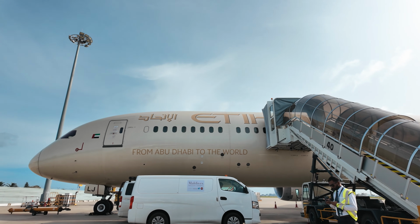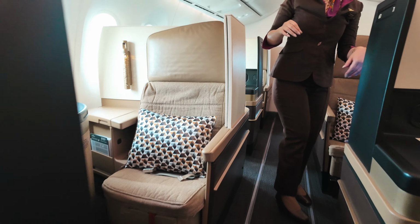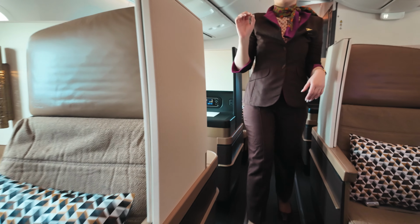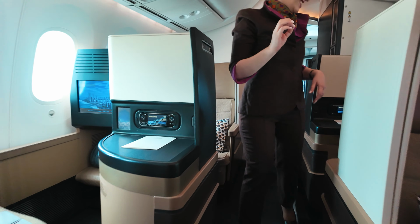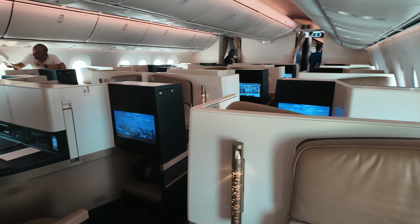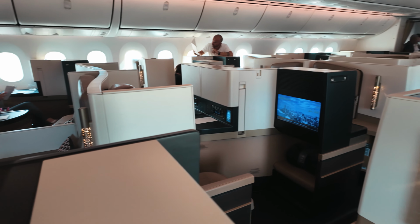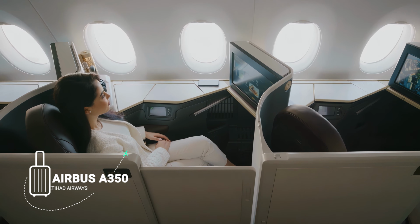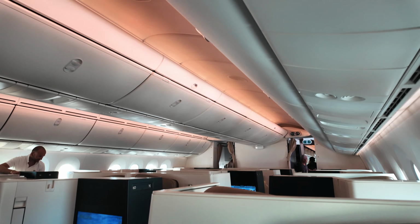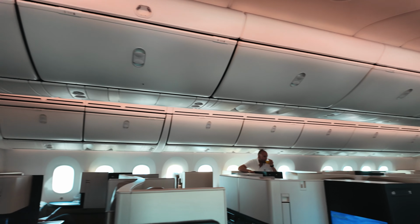Alright, let's get started. As I stepped onto the aircraft and turned left into the business class studio, I was immediately captivated by the stunning seats. The beautiful beige tones really stood out, and I found the color scheme on the 787 much more appealing than on the A350. Even though the reverse herringbone seats are a bit boxy, their luxurious and elegant design more than